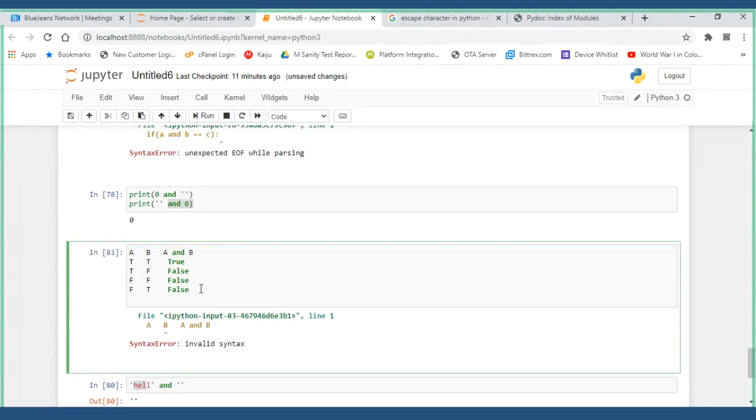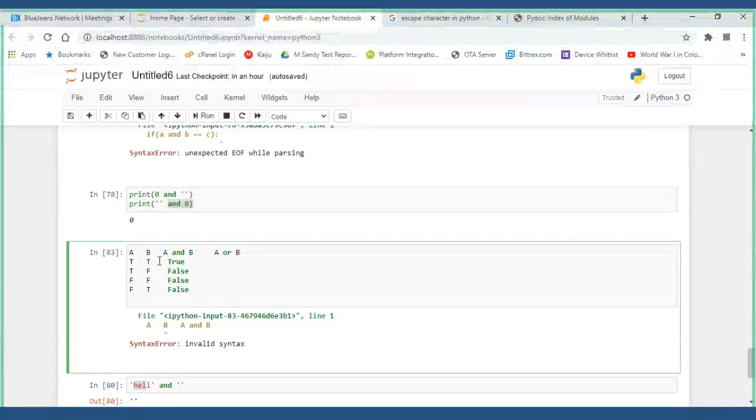Now you have the OR operator in the same way, A or B. For example, if you have 10 or 20, when you are evaluating A, if it is true, then by default you consider it as true.